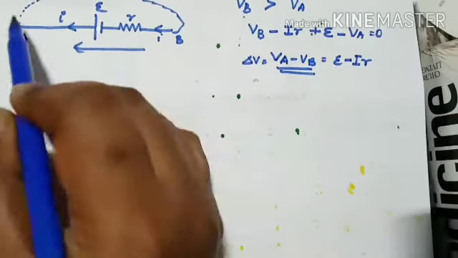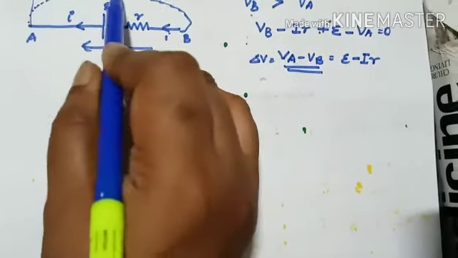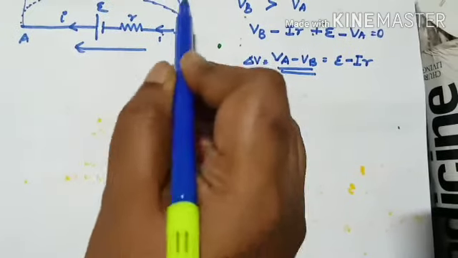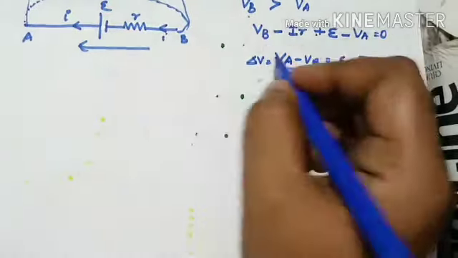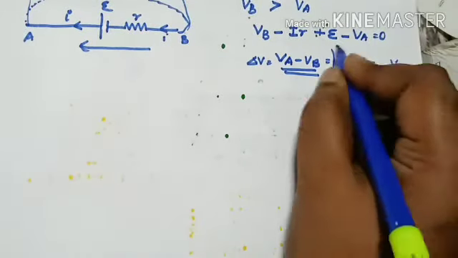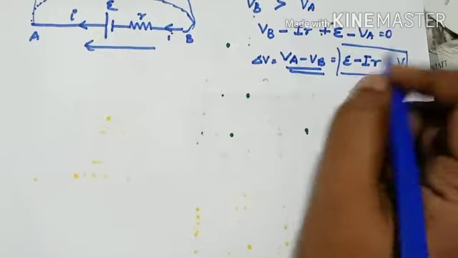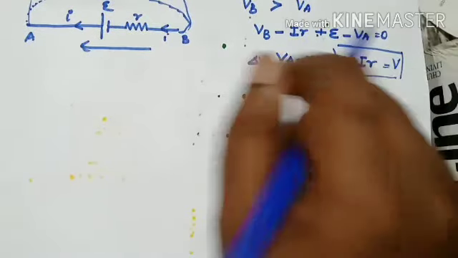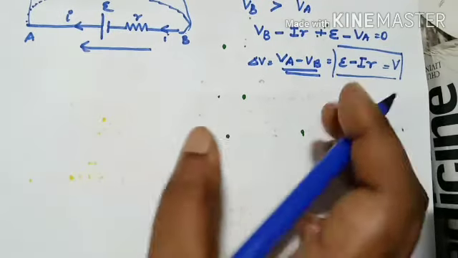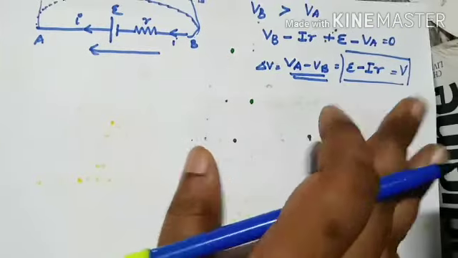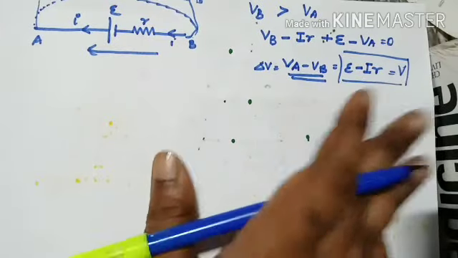And that potential difference, if we had connected to an external circuit, this point B, this is point A, I can say that is the terminal voltage. So I can write terminal voltage V is equal to E minus IR. This is the same equation which we derived using the numerical question. Now another equation which you have to know in the case of terminal voltage.